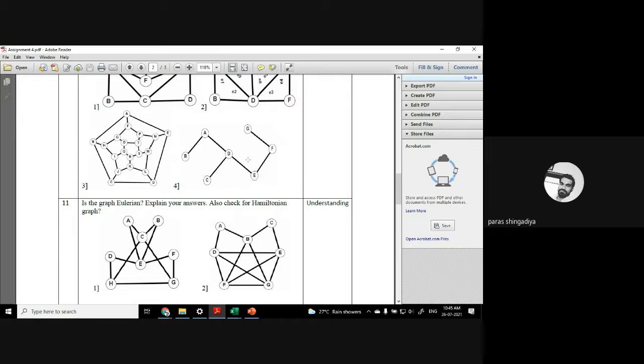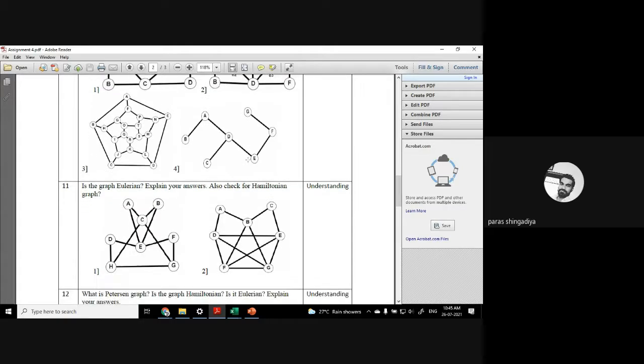If we make one parallel edge between H and G, and connect them by a parallel edge, H और G के बीच में एक दूसरी edge बना दो, so now it will be the Euler graph. It is not given in the question, but if we need to make it Eulerian, you just have to connect H and G again, and then it will be the Eulerian graph.